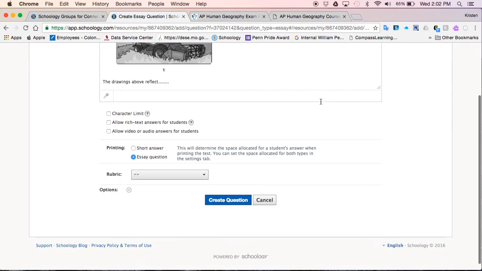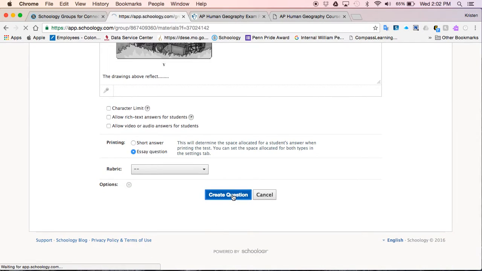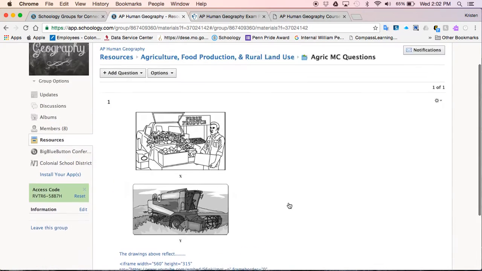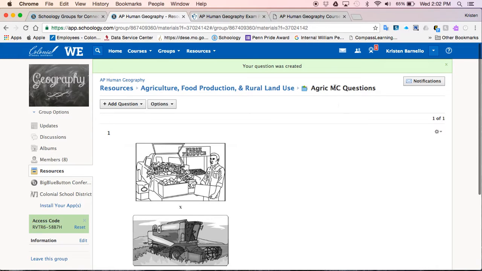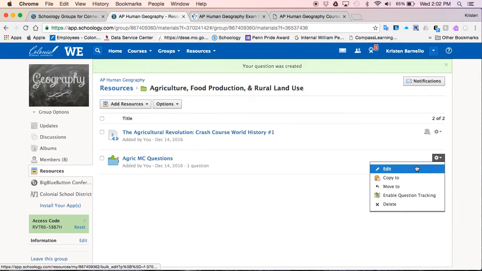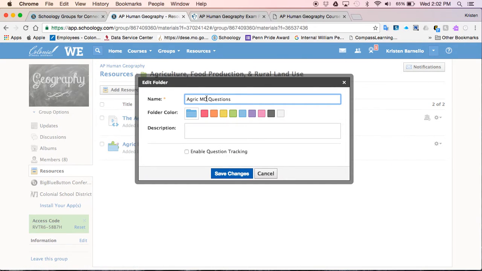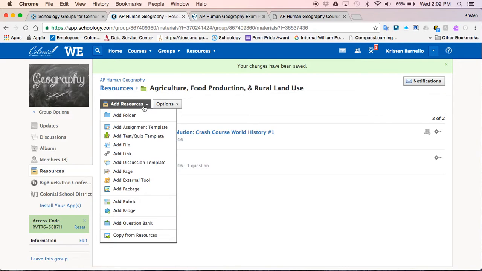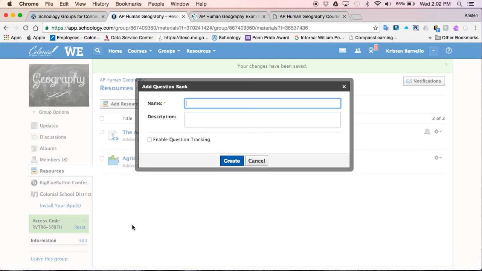So once you create your question, you're quite simply going to click create question, and then it's there. You'll see it there. Okay, and actually I called this a multiple choice question folder, so I've got to change that. I'm just going to edit the name of the folder. I'll go back in later and edit the free response questions, but I'm going to go ahead and now add another question bank, and that's going to be agricultural